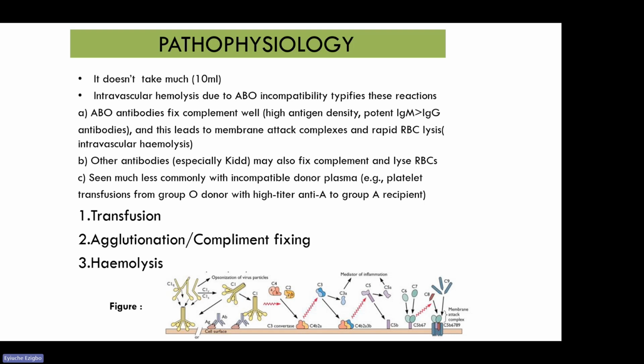So, because the ABO antibodies, which are involved in the transfusion, can fix complement and initiate membrane destruction, that is why ABO incompatibility can cause hemolysis if the wrong group is given to the wrong person. Okay. So transfusion happens, agglutination, complement fixing, and then hemolysis. That is the stage of the complications due to ABO incompatibility or other blood groups that can cause acute hemolytic